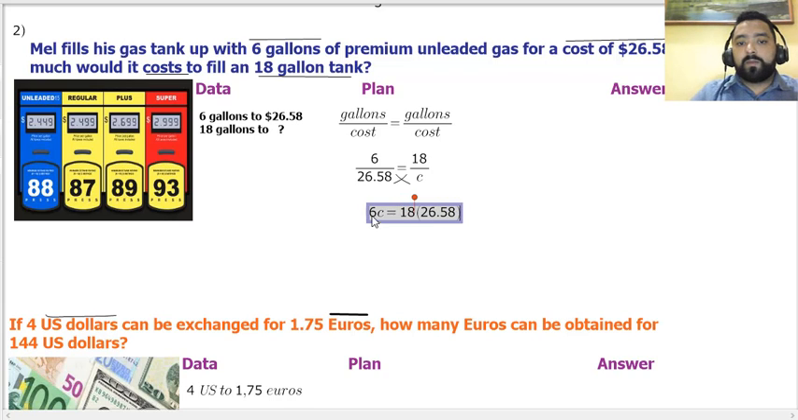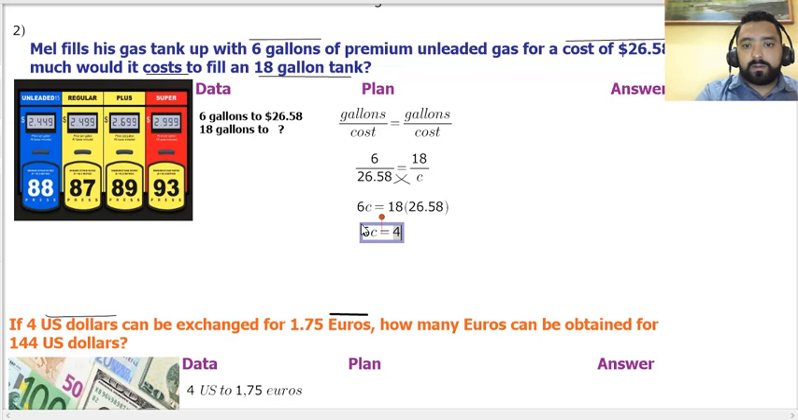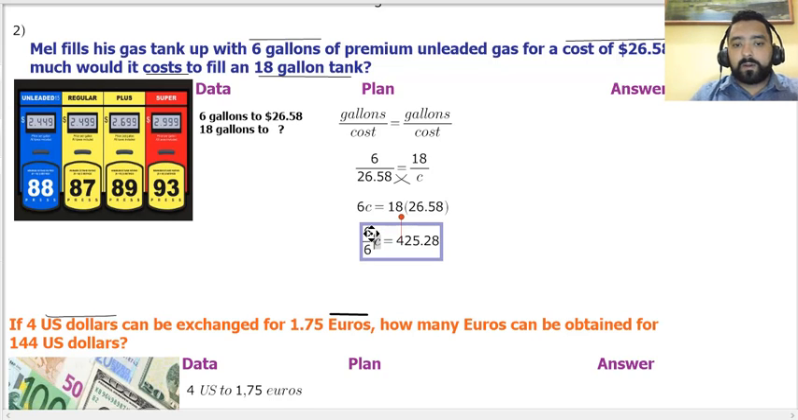26.58. Then remember, it's important to solve this multiplication, so we're going to have 6C equal, and when you multiply 26.58 times 16, you got 425.28. And then you have to divide both sides by number 6, because remember we need to cancel the 6, both sides is going to be